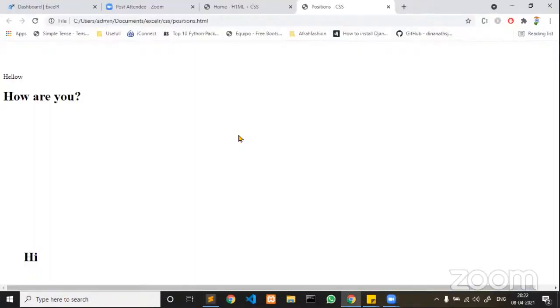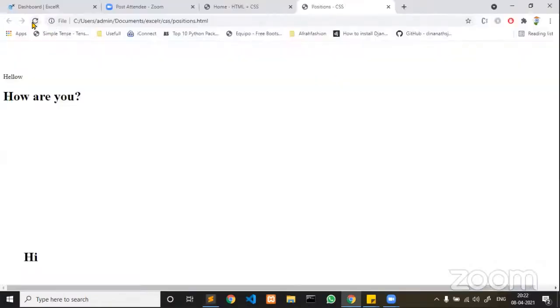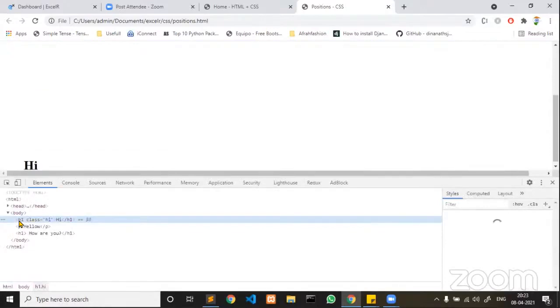Top 500, left 50. Only left 50 I just gave. So when I go left 50, what happens? This position is relative. Now, the H1 is a block level element. Since it is a block level element, it would already have taken 100%. If you give left 50, it has started moving. The whole 100% element, if it started moving 50, then it will become